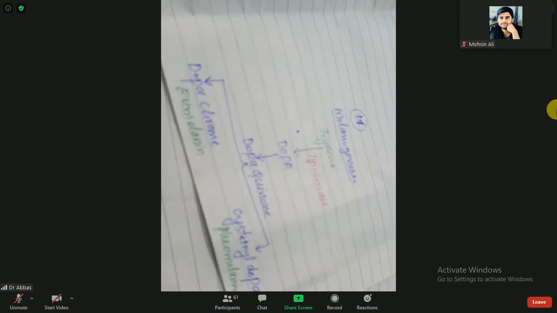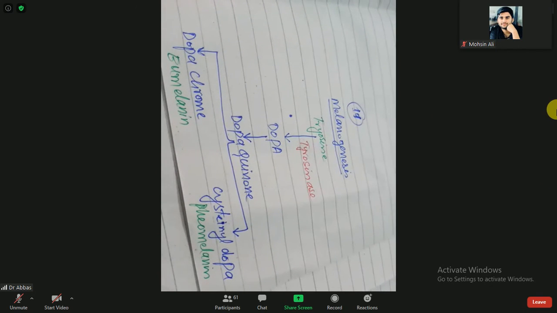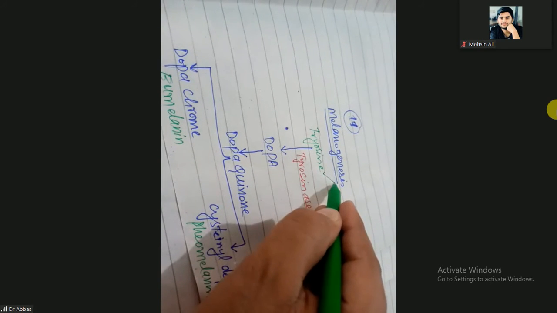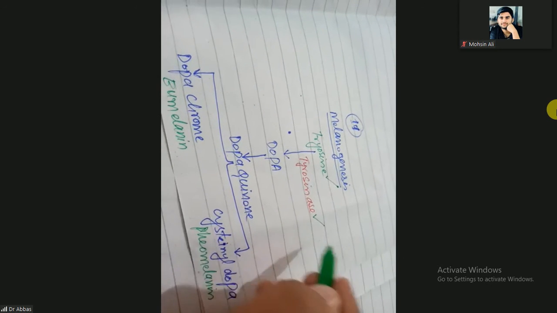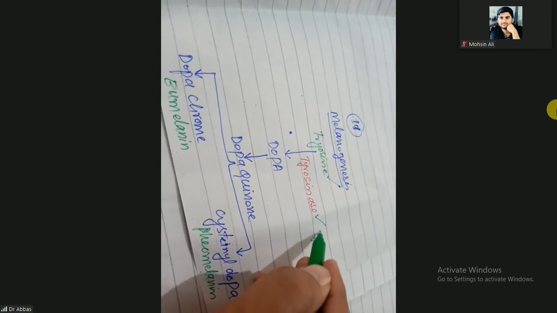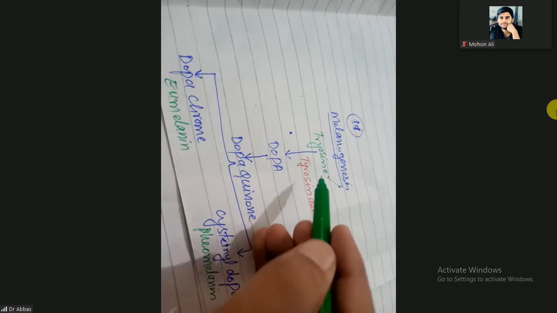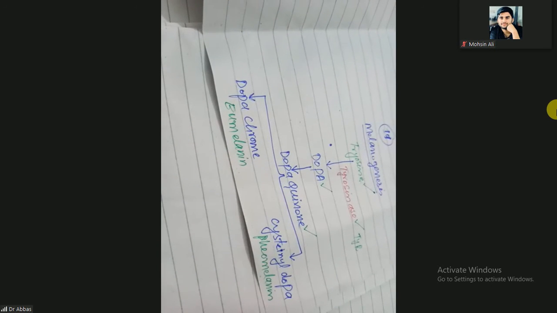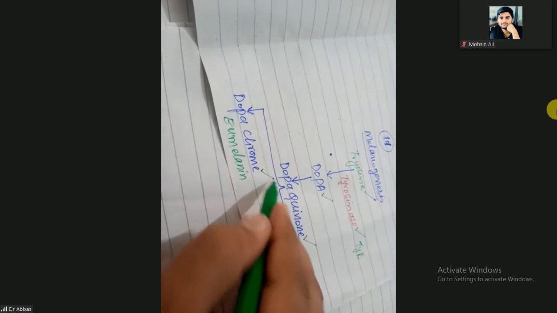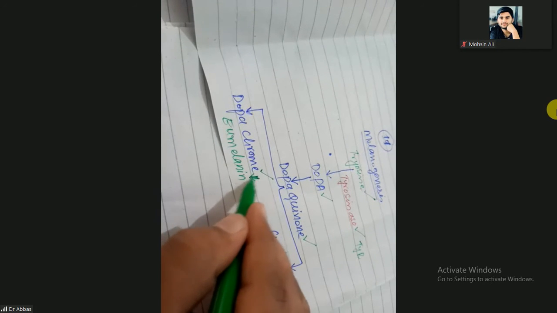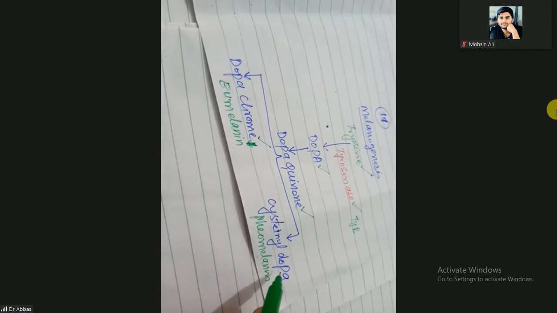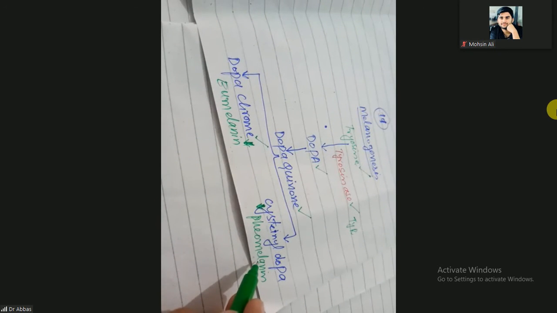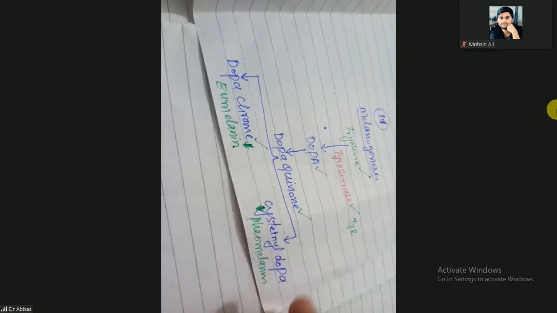So here is the melanogenesis. Now the screen is clear, I think. Melanin is synthesized from tyrosine. There is an enzyme, tyrosinase, TYR, that converts tyrosine into dopa, and then dopa into dopaquinone. Then dopaquinone makes dopachrome, that is eumelanin or true melanin, and dopaquinone into cysteinyl dopa, that is pheomelanin, which is red or yellow, and the other is black or brown.